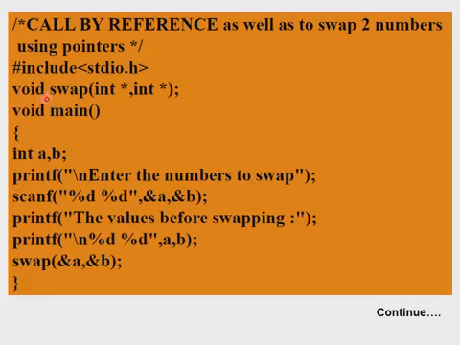So how can we call this swapping function? We will first declare two variables. We will accept the values of the two variables and print the values of a and b before swapping, and then we will call our swap function. In the swap function, we have passed the address locations of a and b, not the actual values. In the call by value method, we passed only a and b, but here in the reference method, we are passing the references of a and b, that is the addresses of a and b. We will see how to define the swap function next.